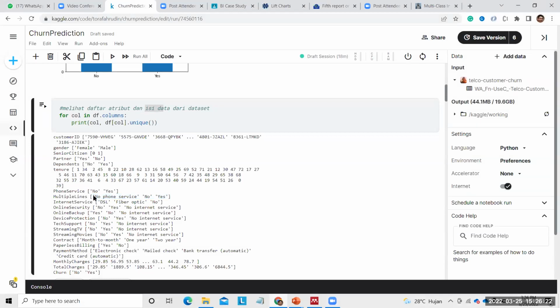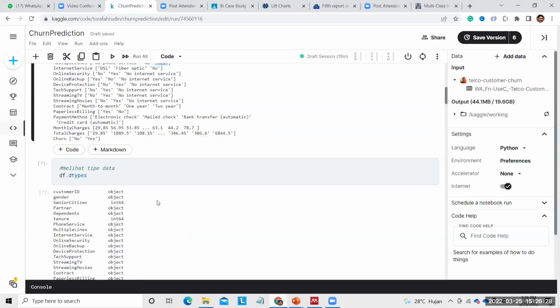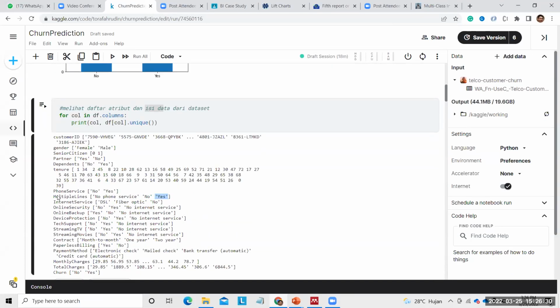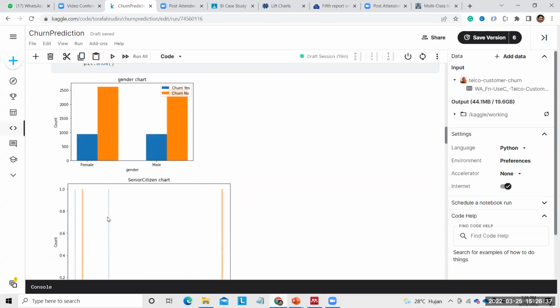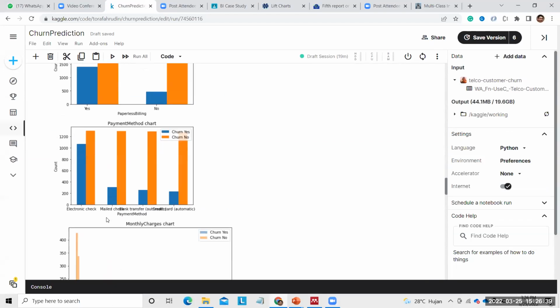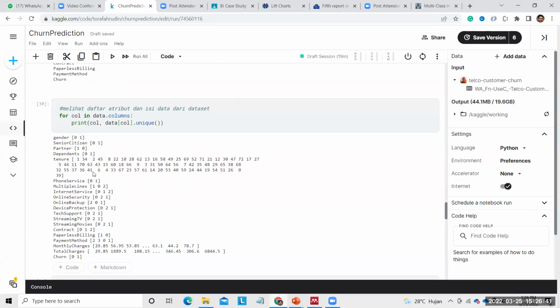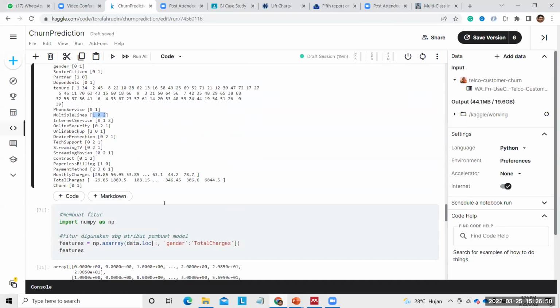Encoding transforms a categorical attribute into a numerical attribute, like this attribute, multiple lines. We can see that after encoding, those attributes become numbers, like this one, 1, 0, 2. Okay, I think that's all.